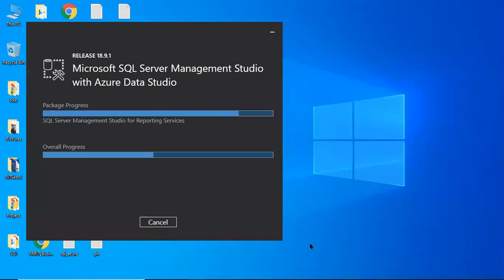No, no, it will take the default path, no need to worry. The Microsoft SQL Server engine is installed in the Microsoft SQL Server folder, and this is installed in the Microsoft SQL Server Management Studio folder. Two different folders are created in C Program Files. Okay, any path, no need to worry.